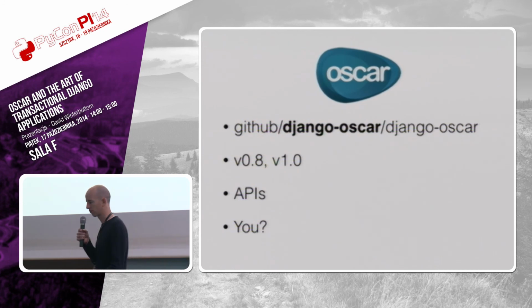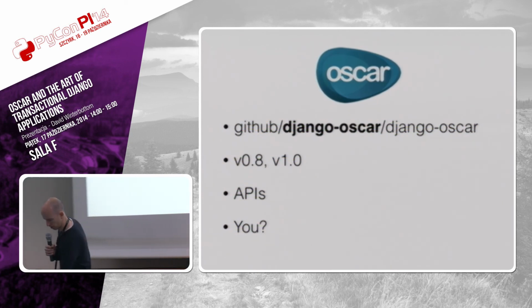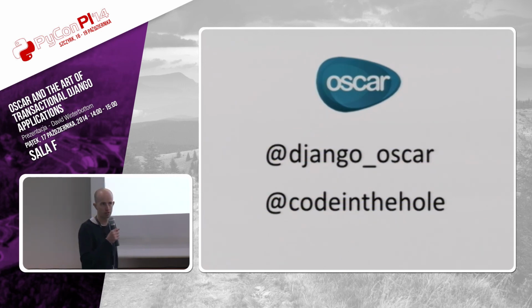If anyone's looking to just take some baby steps with open source and work on something just to get a feel for what it's like, then Oscar's a good project for you. We have a whole load of issues in GitHub which are labeled low-hanging fruit, which are the easy things for people to get started with. So if you're interested, please have a look and then get in touch. And yeah, I think that's all I have for today. So you can find me and the Oscar project in these places. So thank you.